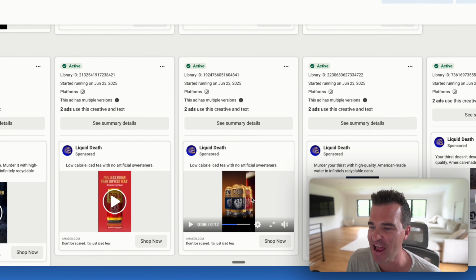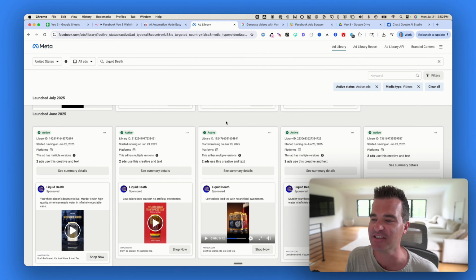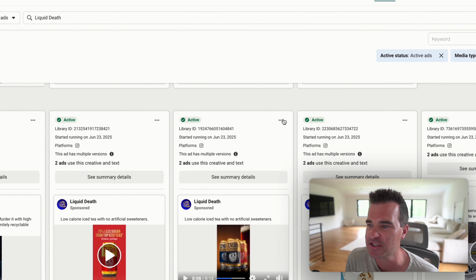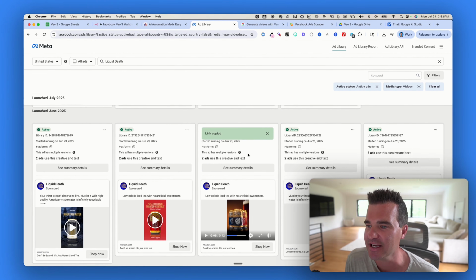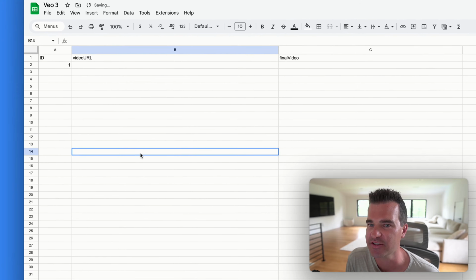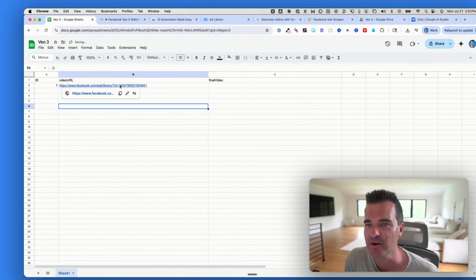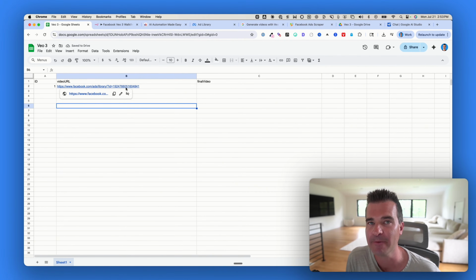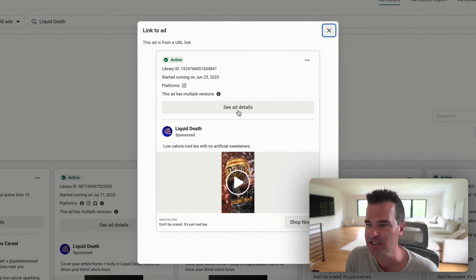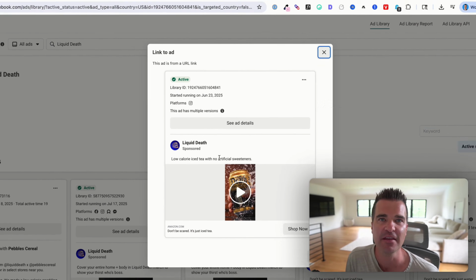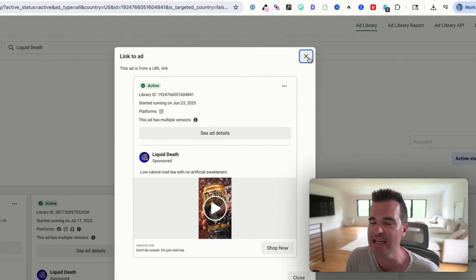Now, when you find an ad that you want to feed into VO3 or really feed into Gemini to watch and analyze the video, what you want to do is come up to these 3 little dots up here, and you're going to select this copy ad link. Now, let me come back to my Google Sheet here. I'll clear this out and we'll just start from scratch. Now, when I hit paste, this is what the ID looks like, right? So this is the Facebook ad library link to that specific ad. If I were to click this open, it would direct me specifically to that ad. So that's how you get the URL from Facebook ad library for a specific ad,